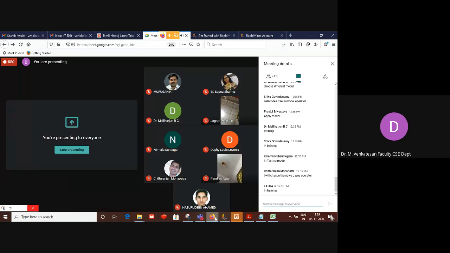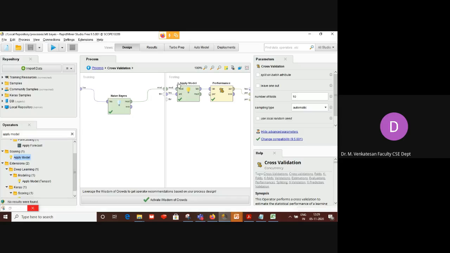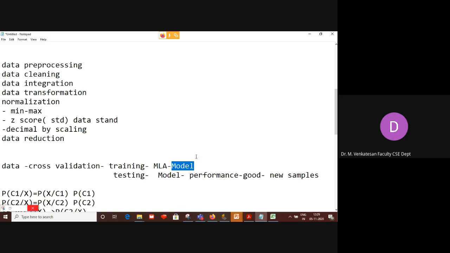For others, I will show you here what you have to do, which part you have to use when you are doing machine learning. You should not forget this flow. Data is to be divided into training and validation. Then you have training, then a machine learning algorithm, and then the model. So where am I applying the machine learning algorithm? I am applying this machine learning algorithm in the training part. Correct?